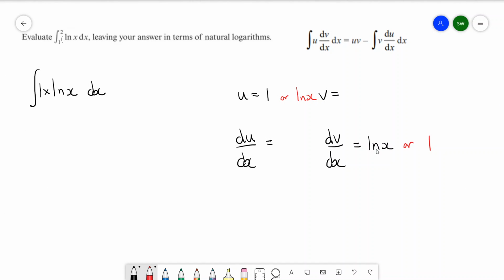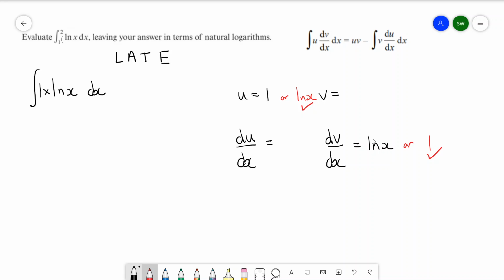dv by dx can't be log x, because if we wanted to find out v, we would have to integrate log x, which we are trying to find out. We don't know what that is at the moment. So that tells us that u is going to have to be log x and dv by dx is equal to 1. If you were using the LATE acronym,